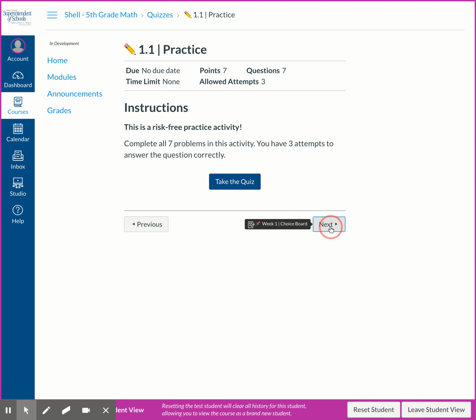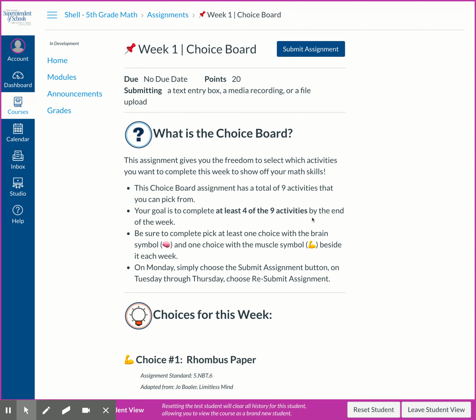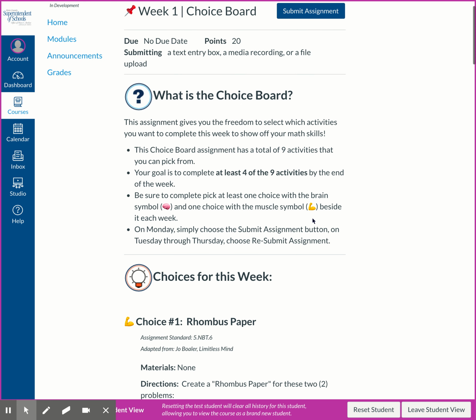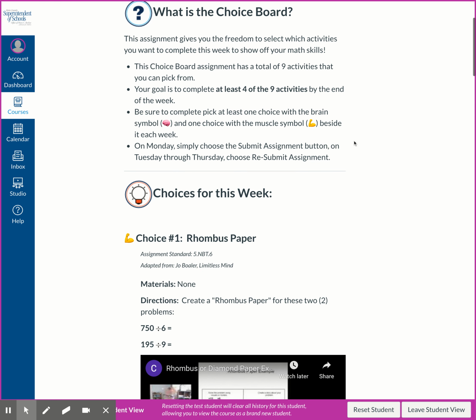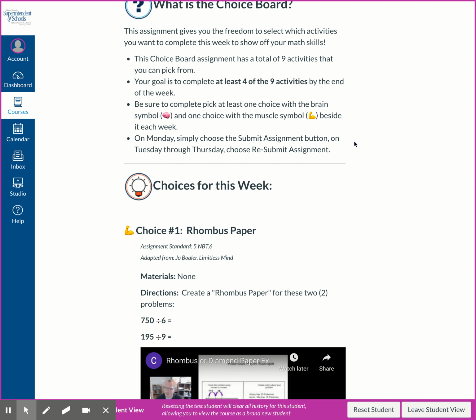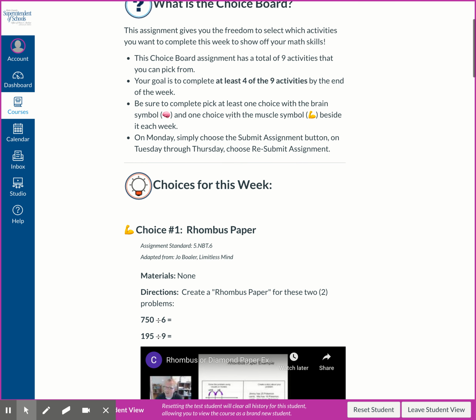You'll end your day on Monday by choosing an item off the choice board. This assignment gives you the freedom to select which activities you want to complete this week to show off your math skills. The choice board assignment has a total of 9 activities that you can pick from. Your goal is to complete at least 4 of the activities by the end of the week. If you do one each day, Monday through Thursday, that would be 4. Be sure to complete at least one choice with the brain symbol and at least one choice with the muscle symbol